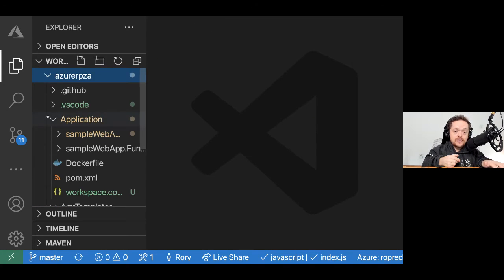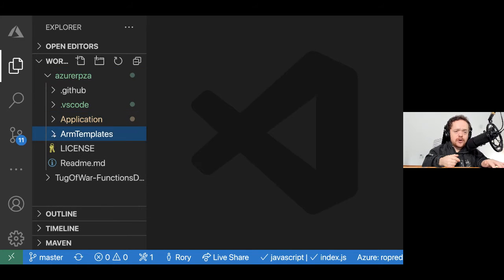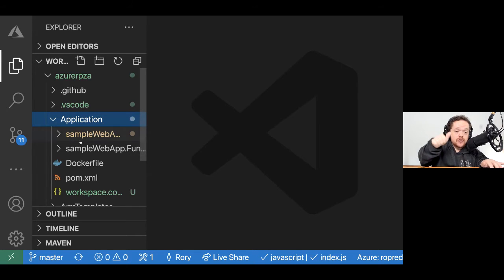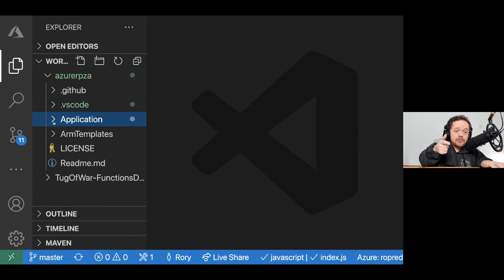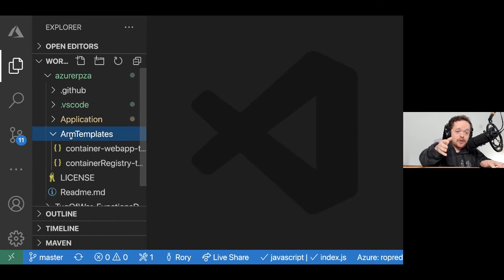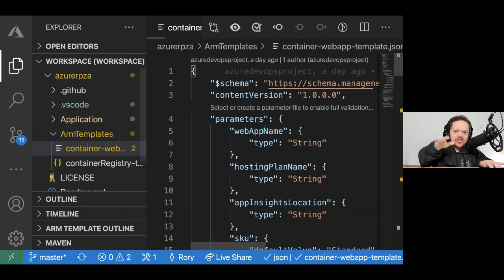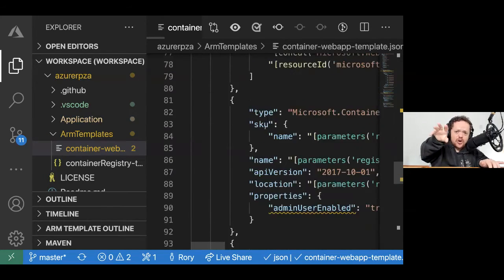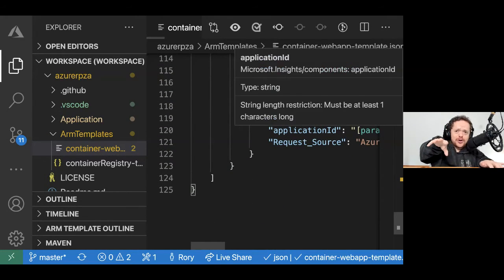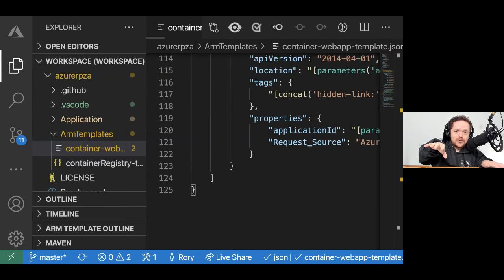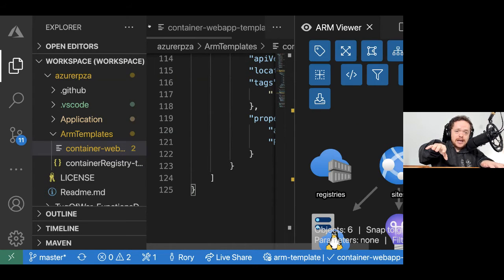You can see here this now has a few folders. I've got an ARM template. Now ARM is Azure Resource Manager template. In the application folder I've got the sample application and then some functional tests, and I've got a Dockerfile. So when we look at the ARM template, this is really how that DevOps system works. It's got some nice YAML here, actually a lot of YAML. But the nice thing is with Visual Studio Code, I can just click on the visual representation of that, and I can get, let me just make that a little bit bigger.